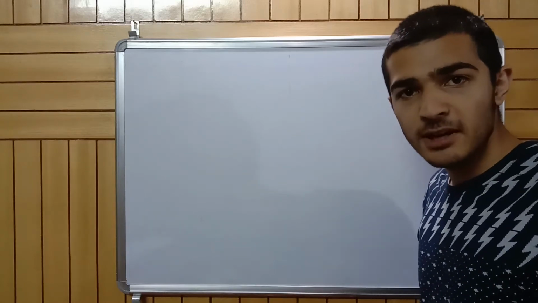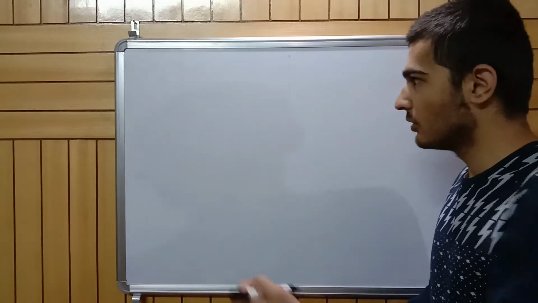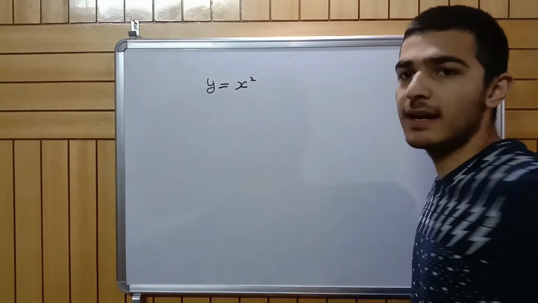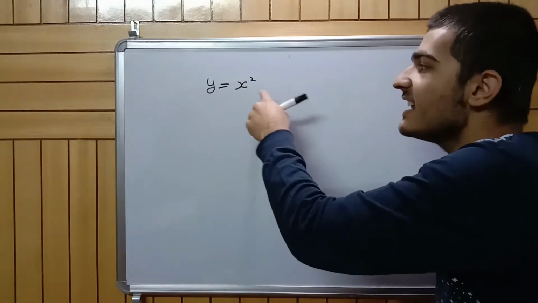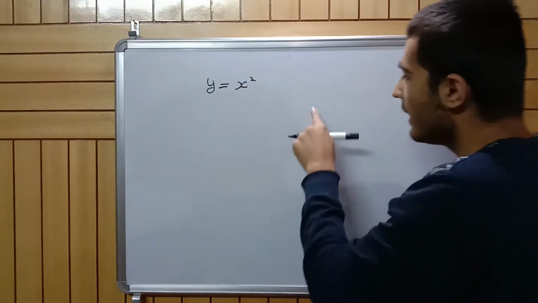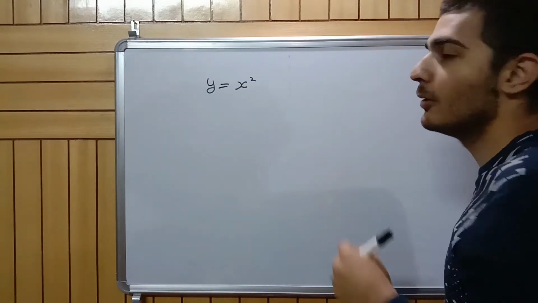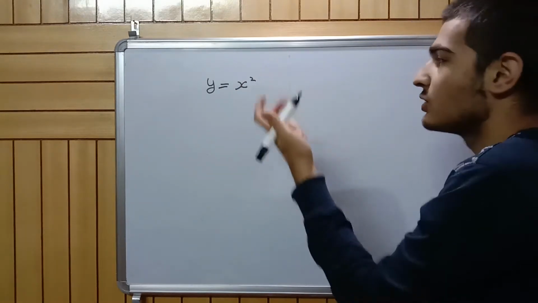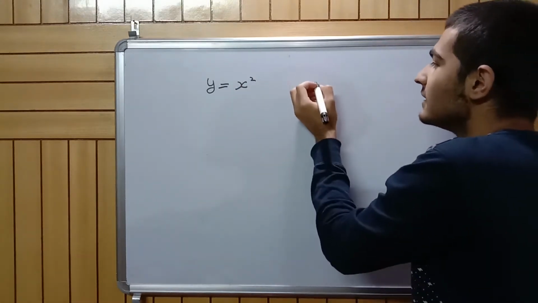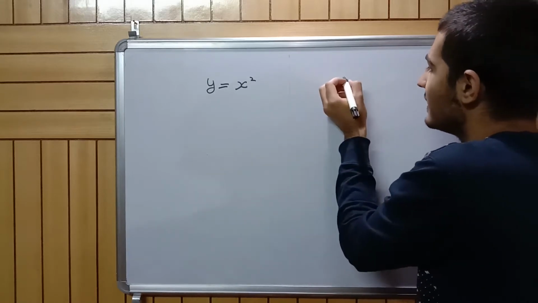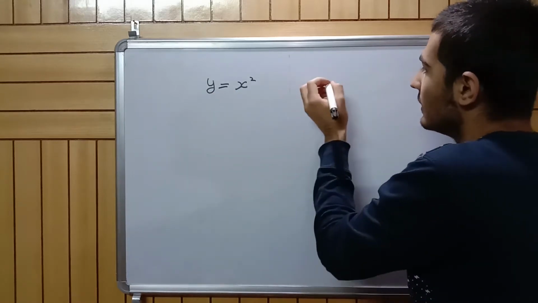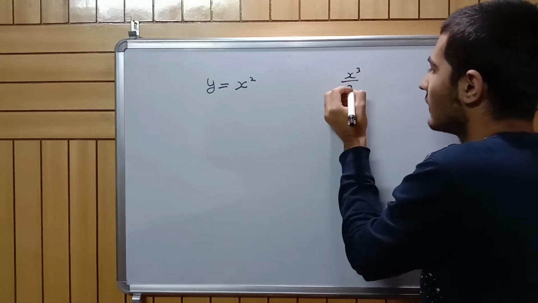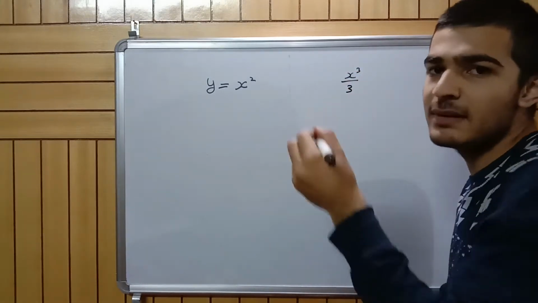Okay, so in the previous video we saw that we had a function y equals x square, and we had to find the area under this curve. We had finally managed to find the area under the curve of x square, and what we got was another function, this. So the area under this is given by this, obviously applying limits from somewhere to somewhere.